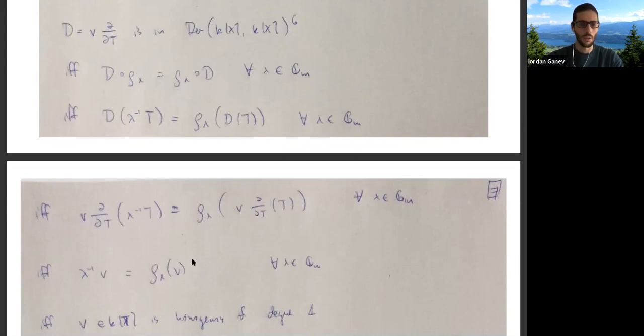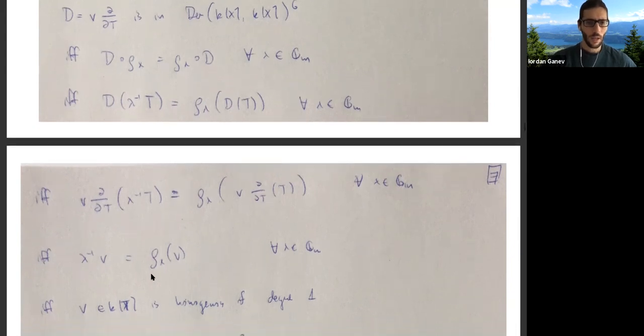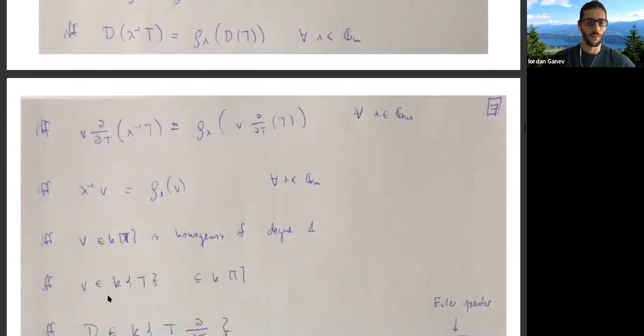On the left hand side, if we keep going, we get lambda inverse times v, because we take the derivative here and just get the lambda inverse. And this has to be true for all lambda. This means that v has to be homogeneous of degree 1, because rho g acts by scalar multiplication of lambda inverse, and as we observed before, that only happens for things of degree 1. So in other words, v has to be in the span of T, a one-dimensional vector space